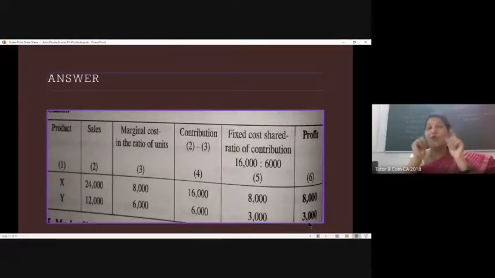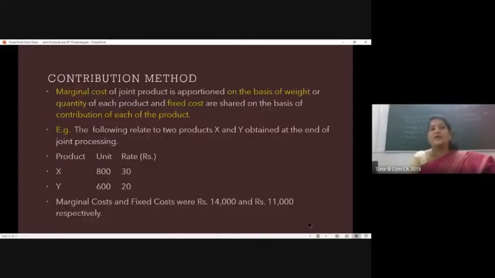The key which you have to remember here is that marginal cost is apportioned on the basis of quantity, or if it is weight, it will be weight, depending on the question in our hand. And fixed cost apportionment is done on the basis of contribution. Now we know that contribution is nothing but sales minus variable cost. So in this question, it is apportioned on the basis of contribution, and this is all about the contribution